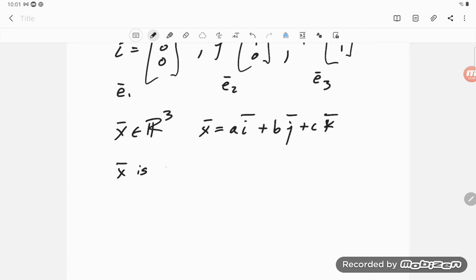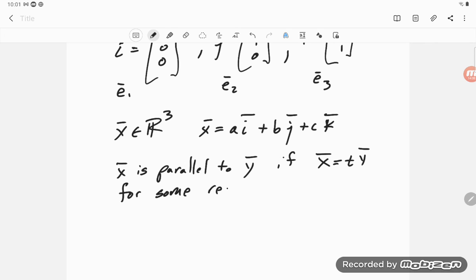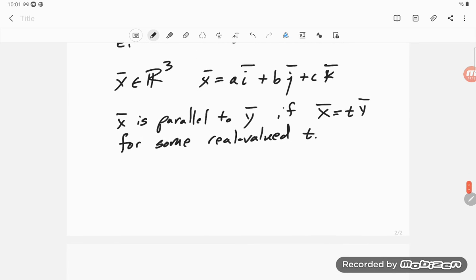X is parallel to Y if X equals tY for some real valued t. And again, geometrically, that's definitely true, but that also comes from the idea that if X equals tY, then